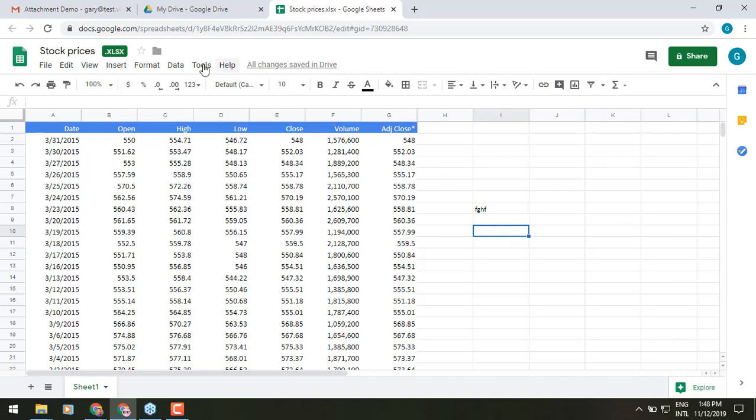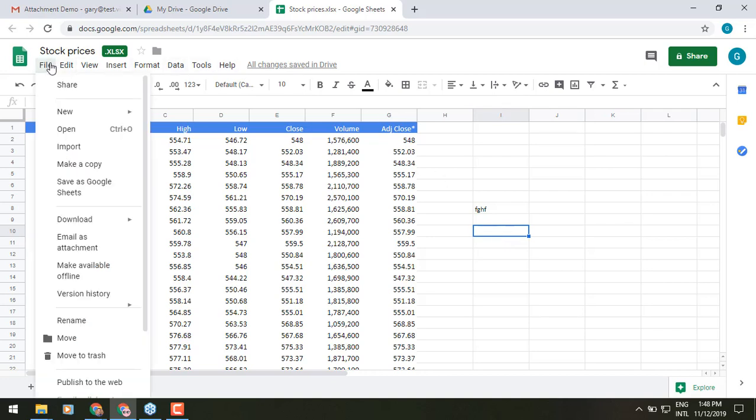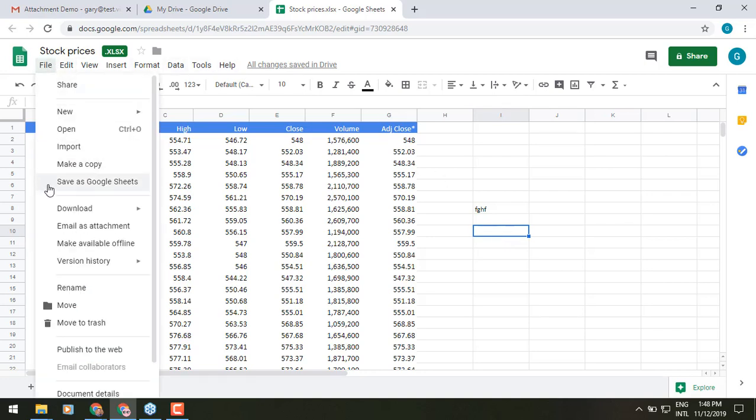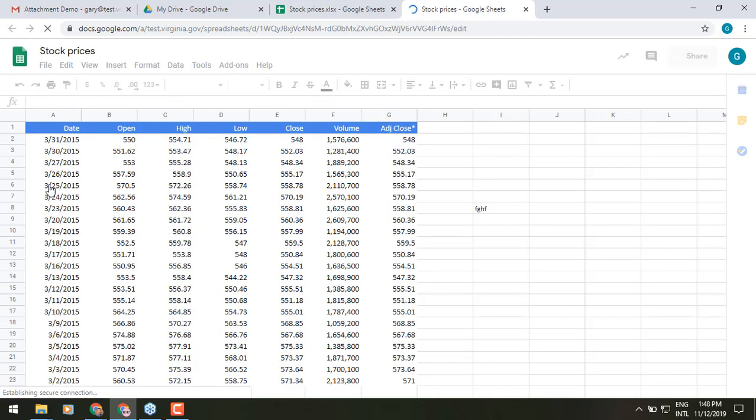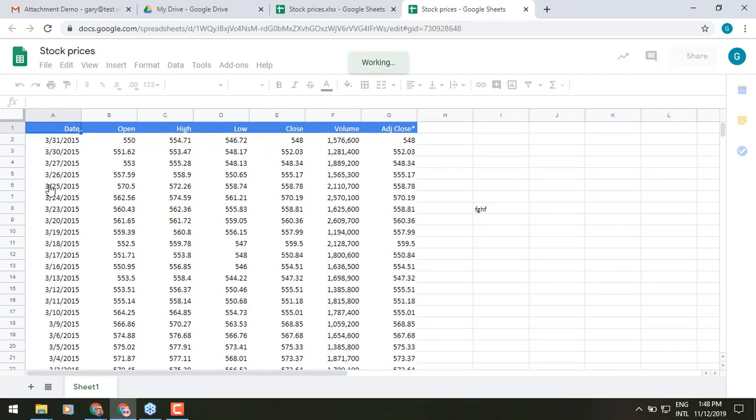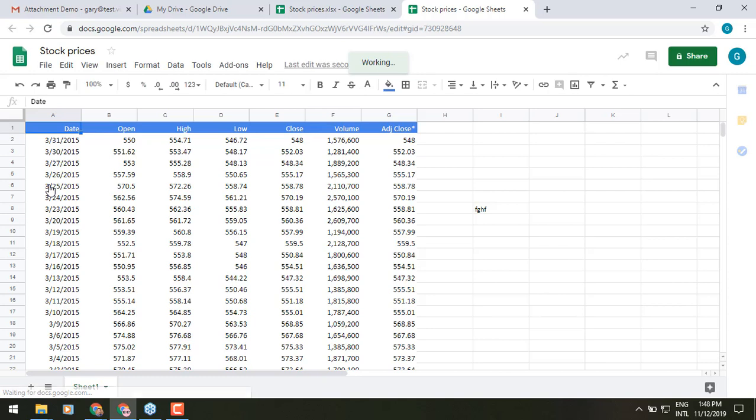From here, what we can do is go to our File menu. You'll see an option in the pull-down menu in that upper left corner of our screen, option 2, Save as Google Sheets. We will click on that and it will convert it automatically for you in a matter of seconds. This time, when you look in the upper left corner of the screen, you will see the file name, but you will not see that